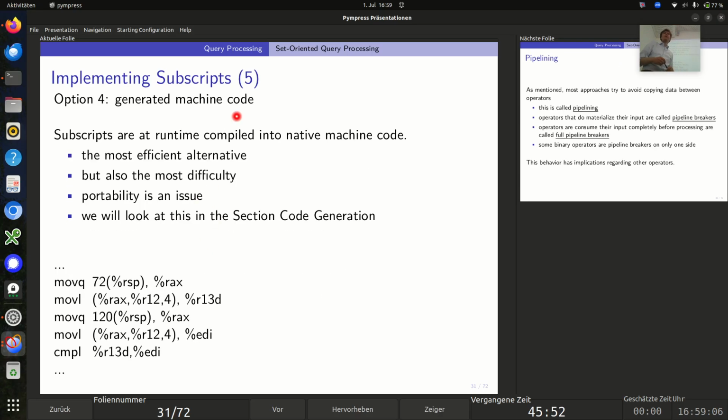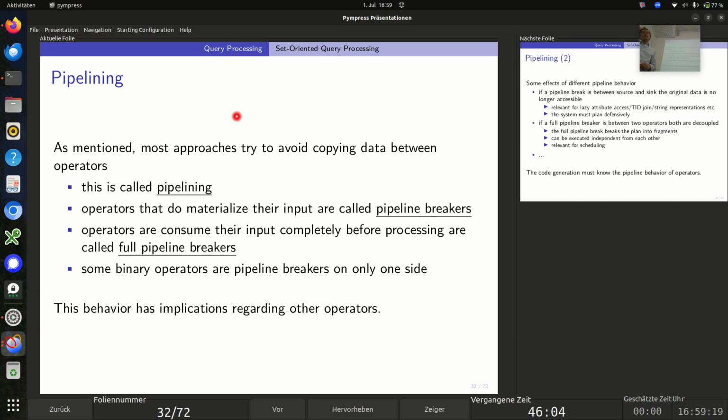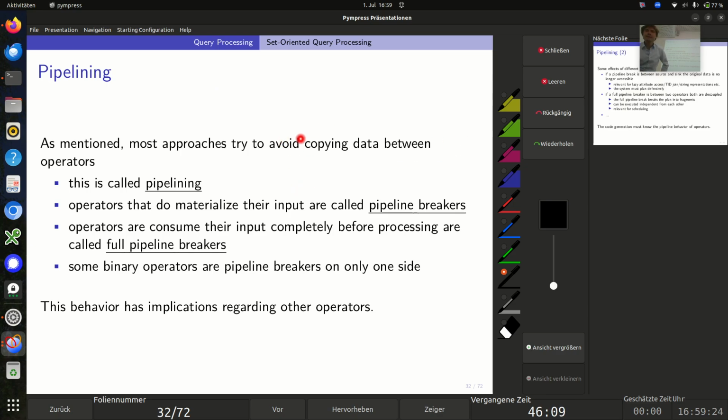And the fourth option would be to generate machine code directly. Okay, but what I have prepared well is pipelining. And the idea is, okay, you have an operator tree. And operator tree means you have the tuples and you push them upwards. So you have like the table scan, and then you push them upwards and so on until a join comes,